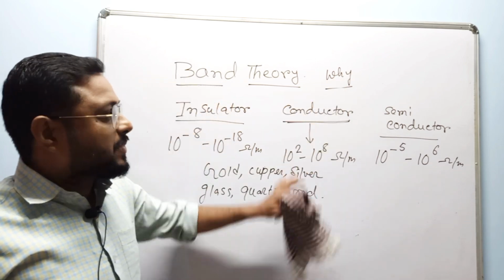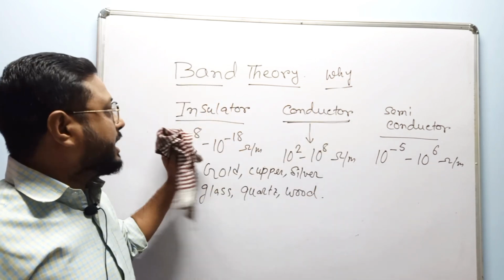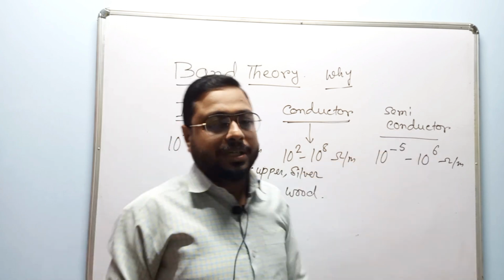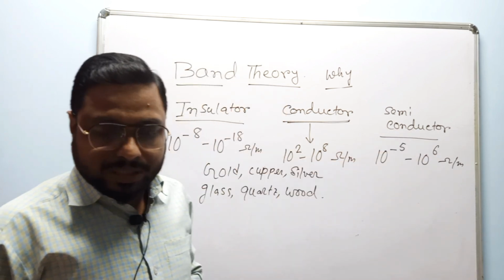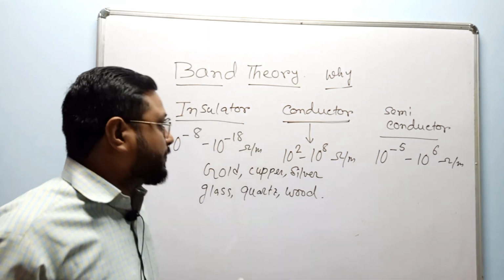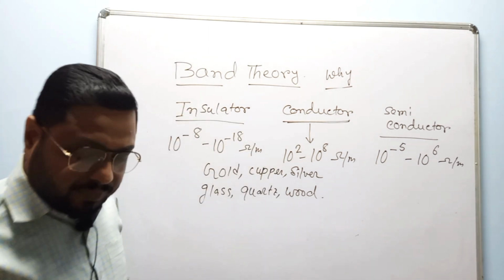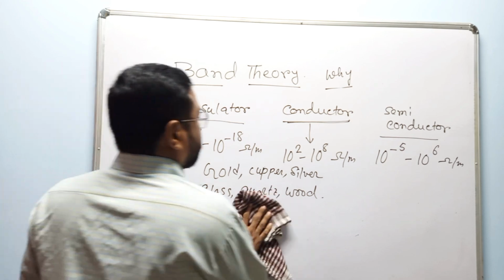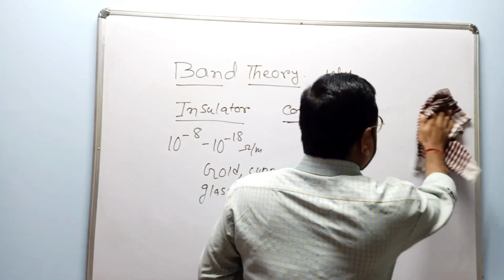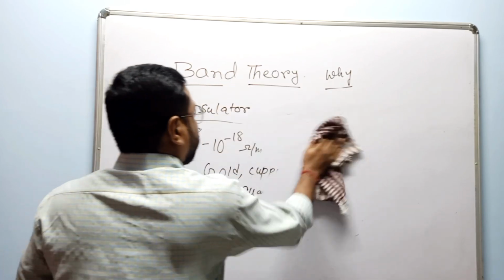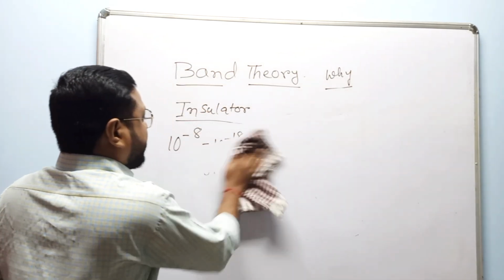द कंडक्टर हैव सो मच फ्री इलेक्ट्रॉन whereas the insulator does not and semiconductor has some number of free electrons between the कंडक्टर एंड इंसुलेटर। सो आज के वीडियो में बच्चों हम ये जानेंगे। सो इसके लिए हमें जो जाना पड़ेगा वो है कि एनर्जी लेवल्स। यू नो द कॉन्सेप्ट ऑफ एनर्जी लेवल्स फॉर बोर एटॉमिक मॉडल।